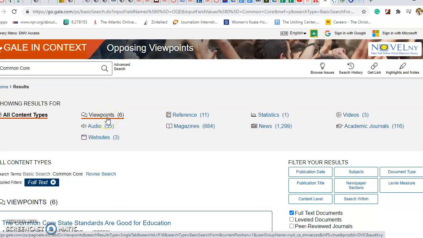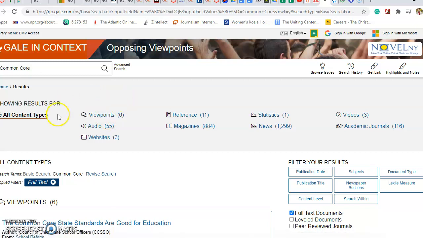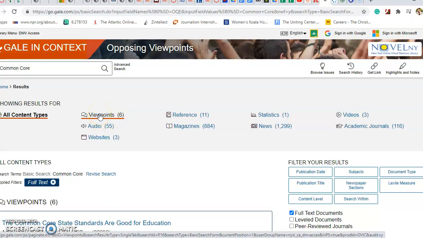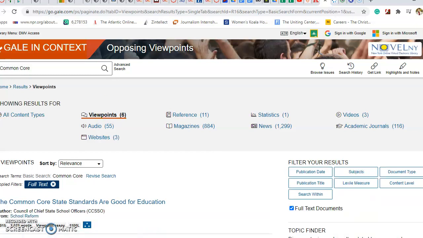Now, depending on how recent your topic is, you may not have a viewpoints button, in which case you're going to have to do a little bit more critical reading and fully evaluate your sources to make sure that one matches your viewpoint and one is opposing to your viewpoint. So I'm going to click on this,